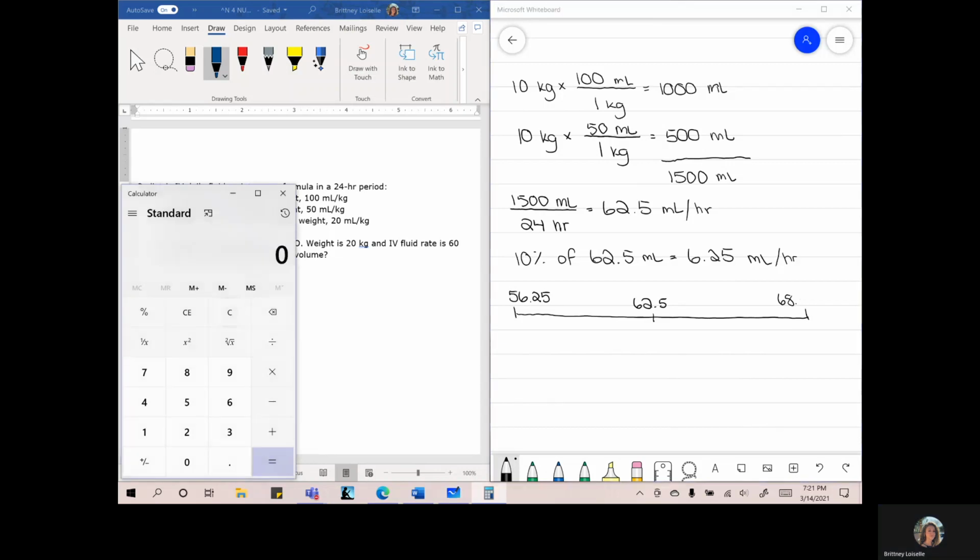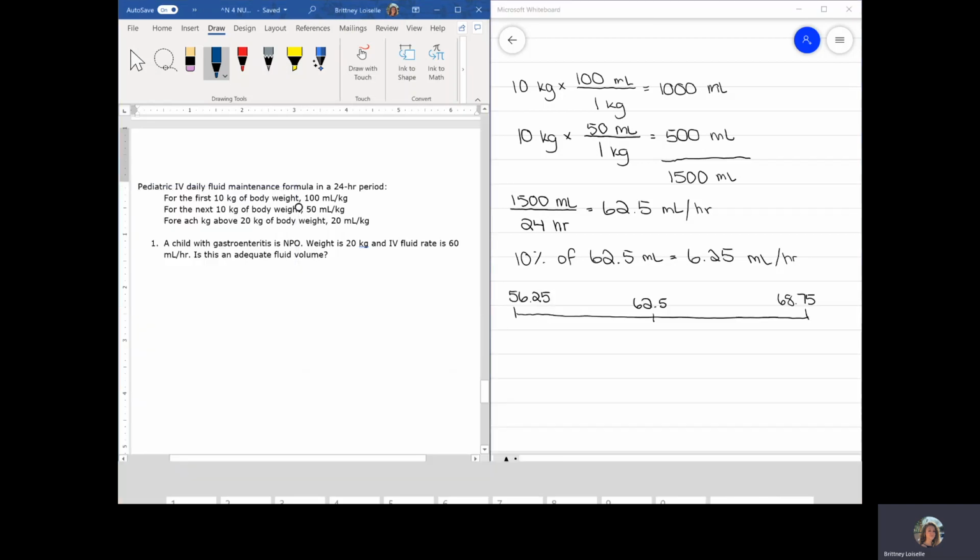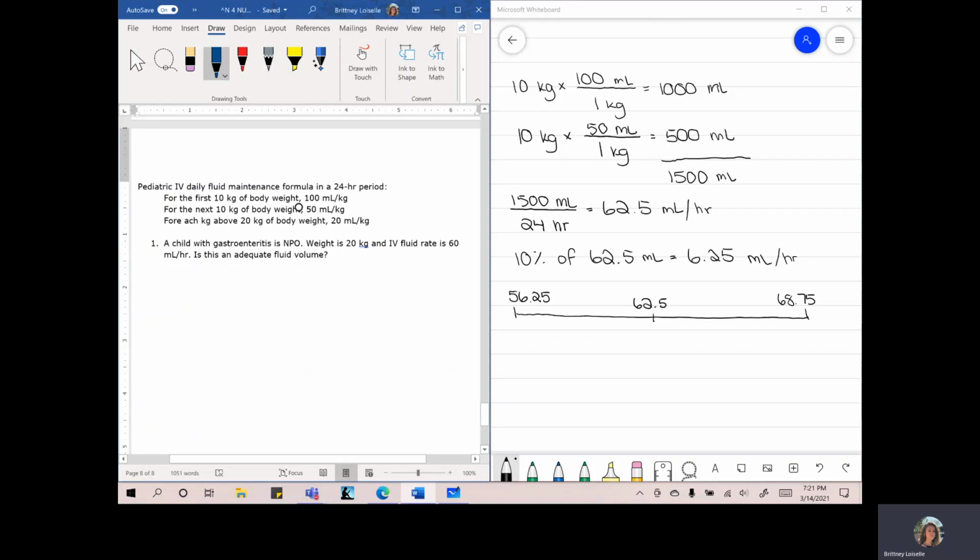Oh, I did the math wrong. 62.5 plus 6.25 is 68.75. So the fluid maintenance for this patient should be between 56.25 milliliters per hour and 68.75 milliliters